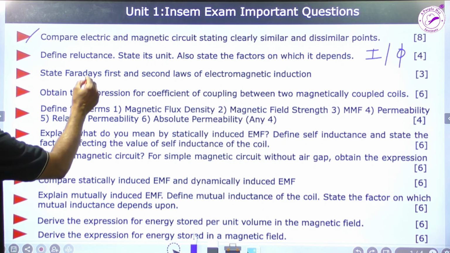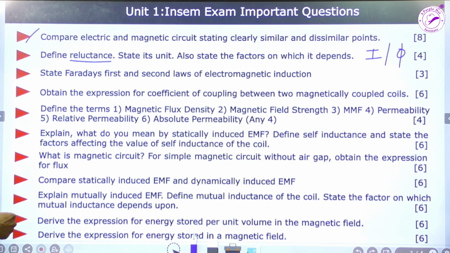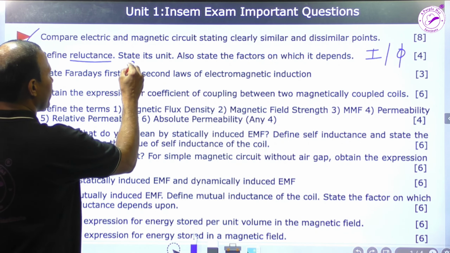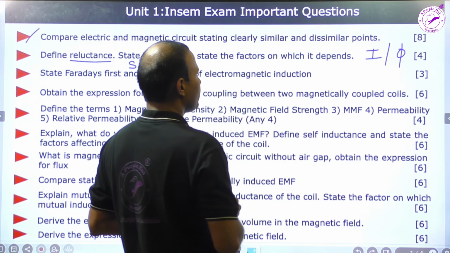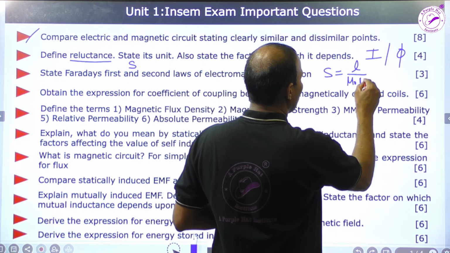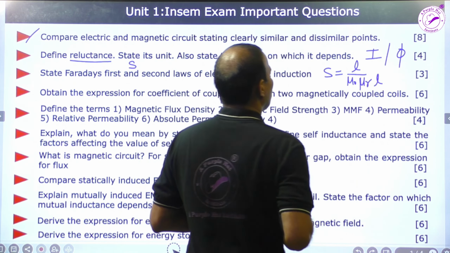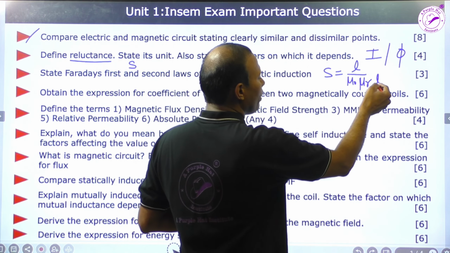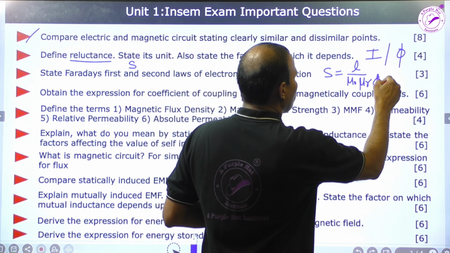Similarly, question number 2, define reluctance. Yes, reluctance is basically the opposition offered by a magnetic circuit to the flow of magnetic flux. Reluctance is represented by letter S, and S is equal to l upon mu 0 mu r into a. So reluctance depends on length of magnetic circuit,